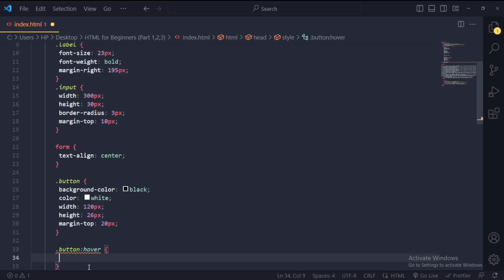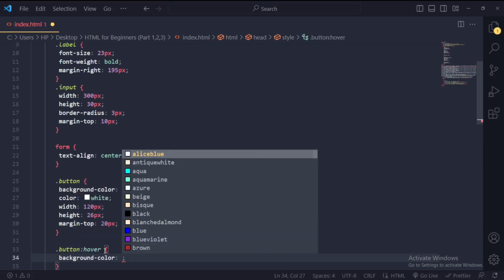Then that has to specify a hover. If we put our cursor on the button, it is going to change the color. So let's set a background color of,